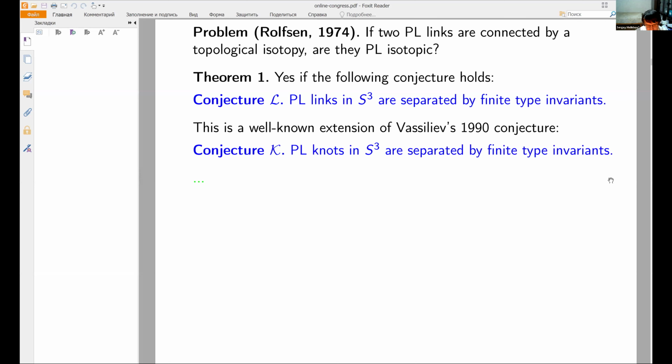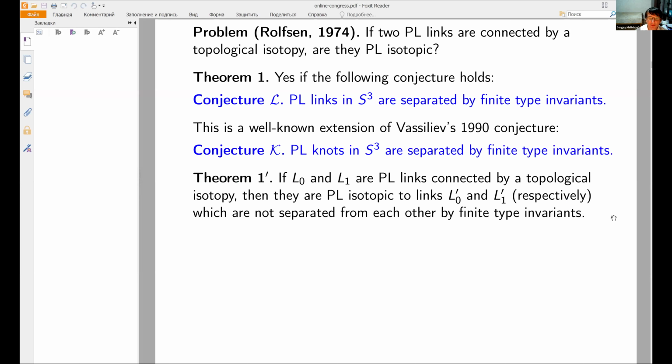Now, you may say that, okay, so one conjecture follows from another conjecture. Is there any, so to say, constructive theorem? Yes, there is a constructive theorem. Namely, if you have piecewise linear links connected by topological isotopy, then they are PL isotopic to another pair of links, which are not distinguishable from each other by finite type invariants. And then